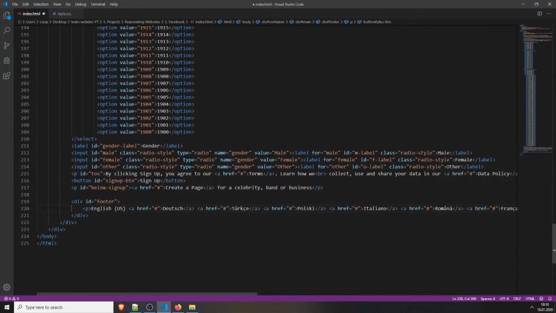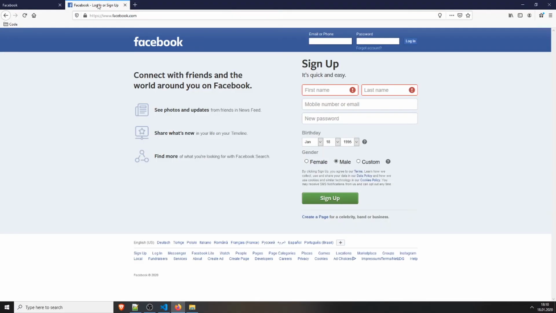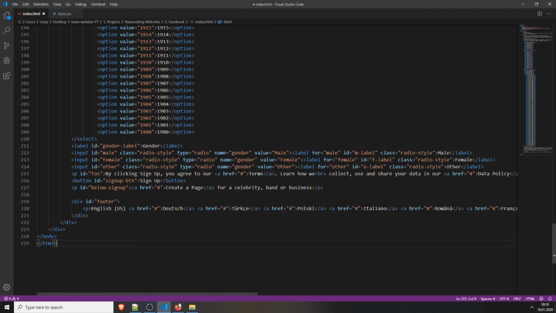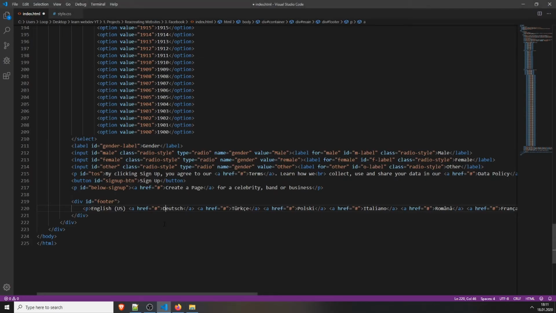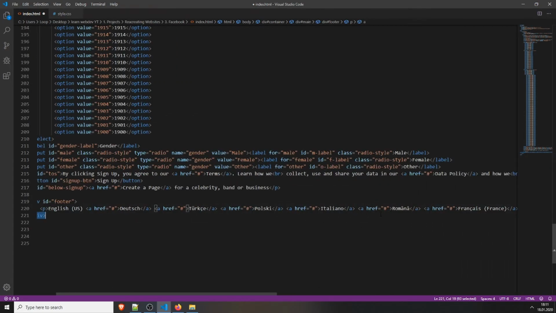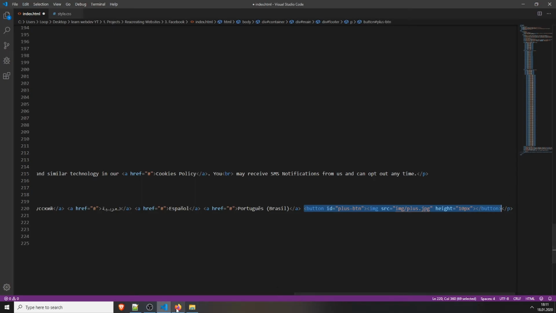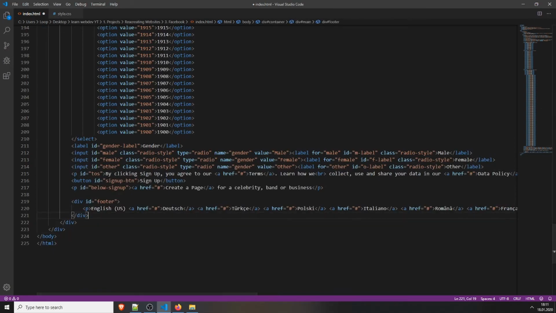So first you can see I've just copied the English US, Deutsch, Turk, Polski, and I've just wrapped them all inside an A tag, so it's a link. It's an actual link. You can change it to Deutsch and have the German version. And I've also added a spacing between everything. And at the end I've also created a button, it's still inside the p tag, for this button. So let's first style this. So save it,